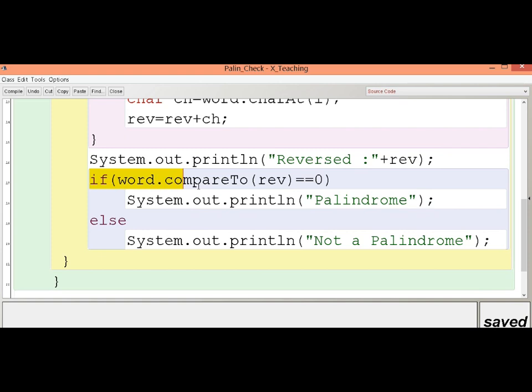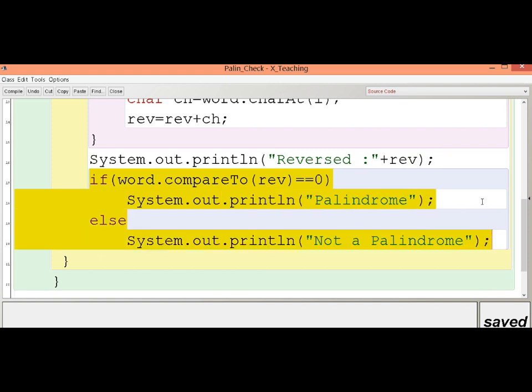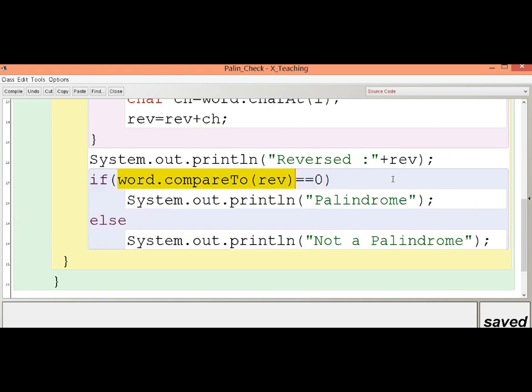And this section is used for comparison. In this section, we will see whether the first word is matching with the second word or not. I repeat, a palindrome means the word is similar from both ends. So here the syntax of the comparison is word.compareTo(rev). Remember, when comparing two strings, you cannot use the double equal to sign. You have to use this particular function, compareTo. There are many other functions like equals and equalsIgnoreCase, which will be discussed later.